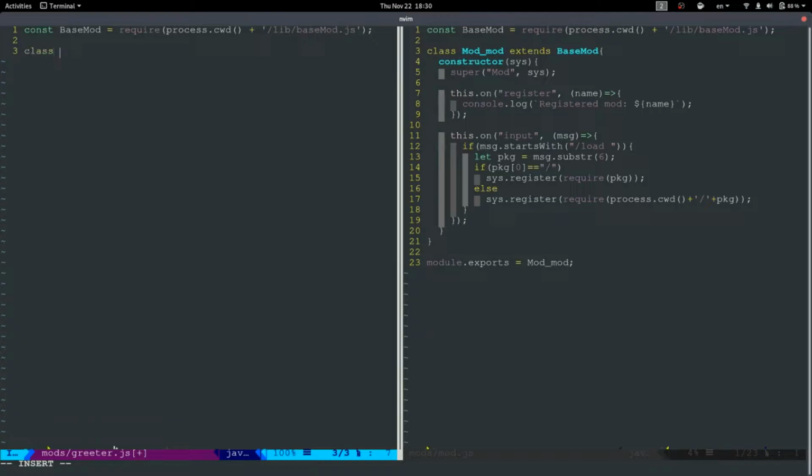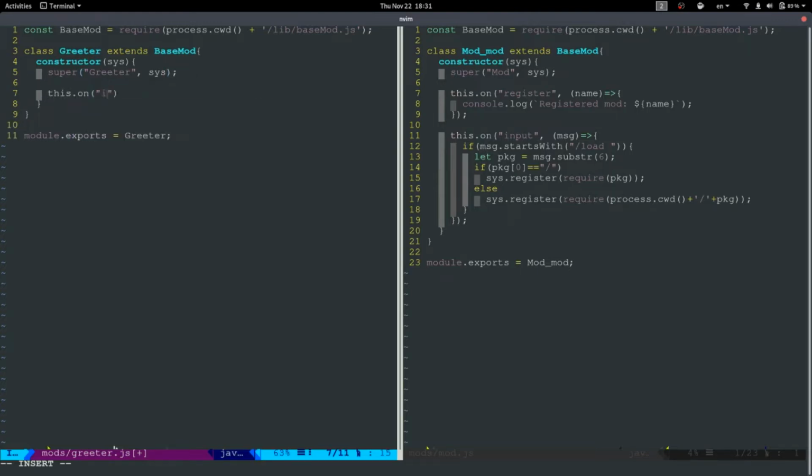Okay, and our greeter mod, greeter extends base mod, and module that exports greeter. Okay, so what's in our constructor? We're going to call ourselves greeter, and then